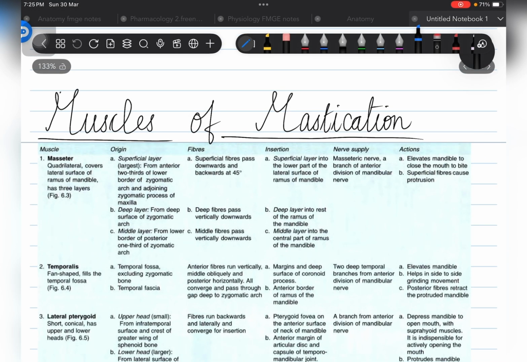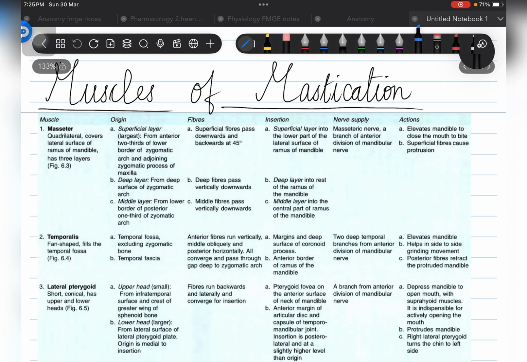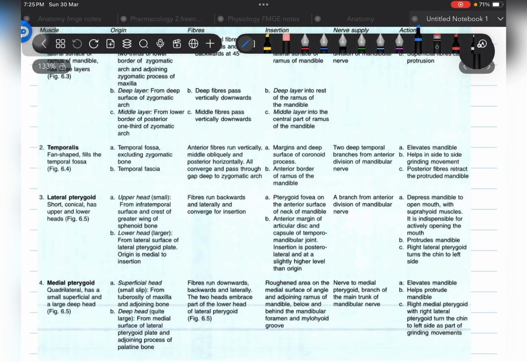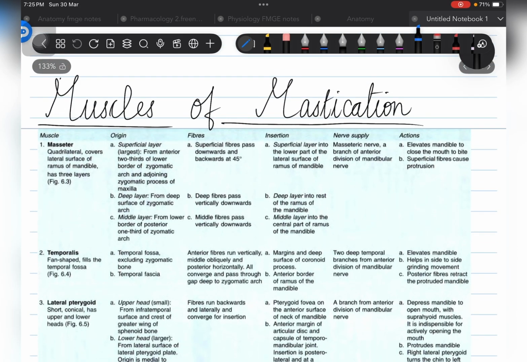So now let's talk about the muscles of mastication, which include basically three muscles: masseter, temporalis, and pterygoid. And pterygoid also contains two, lateral pterygoid and medial pterygoid. So let's start with the masseter. The masseter muscle is quadrilateral, covers the lateral surface of the ramus of the mandible, has three layers also, and it